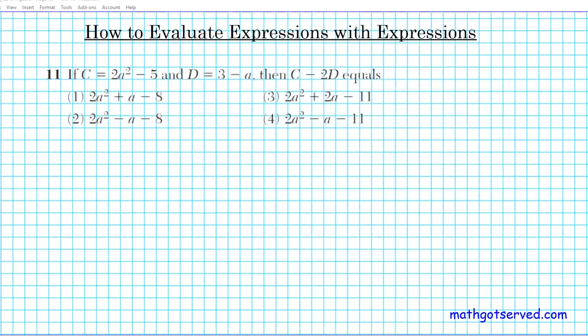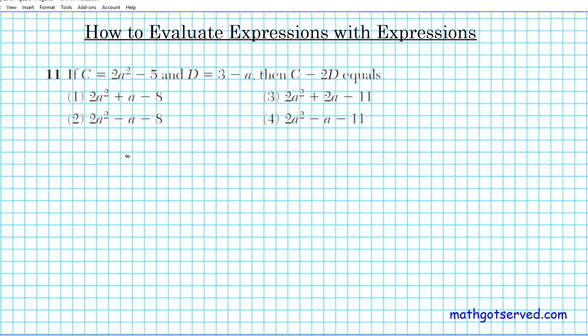Alright, let's take a look at question 11. In this problem, we're going to be looking at how to evaluate an expression using two or more expressions. It reads: if c equals 2a squared minus 5 and d equals 3 minus a, then the expression c minus 2d equals. So let's go ahead and start by